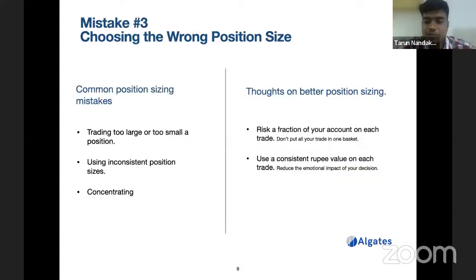So this takes us to another point that we had in our slide for today. That is how the number of contracts and position sizing can play a role in how much money we are going to make. Choosing a wrong position size can lead to quite a few problems. What we have seen is that people do not know how much amount they are going to commit, and how many options they would like to buy.